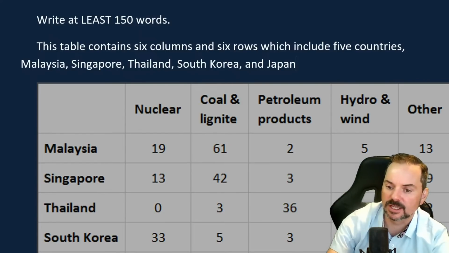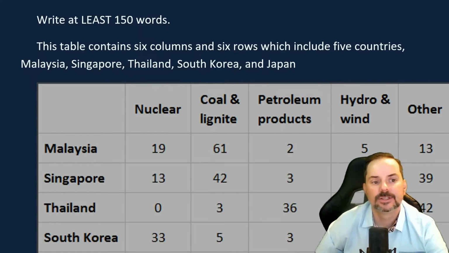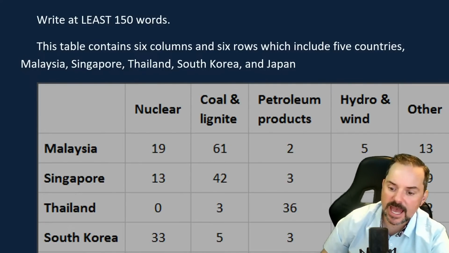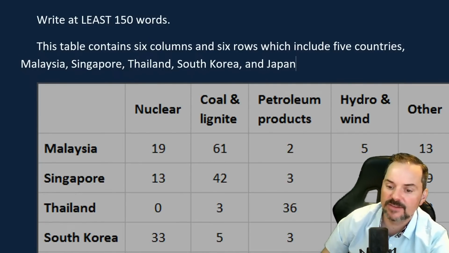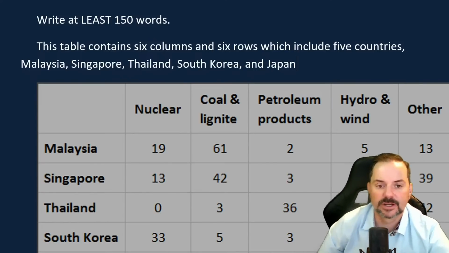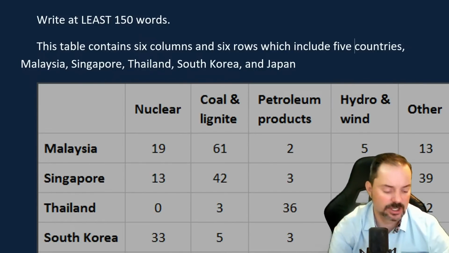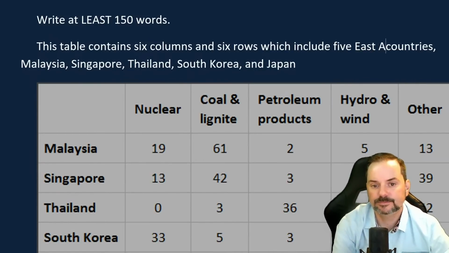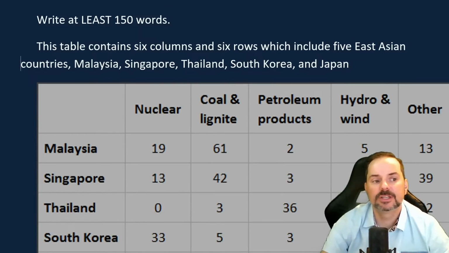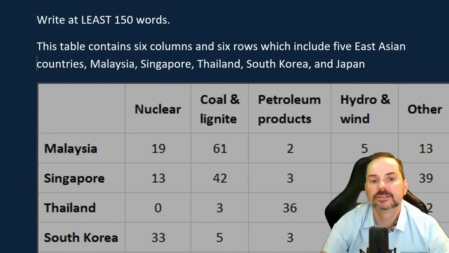Anybody? So what's common about these 5 countries? There is, yeah, very good, Alexi. It's 5 Asian countries, 5 East Asian countries to be even more specific, right? 5 East Asian countries. Very nice. So this table contains 5 East Asian countries: Malaysia, Singapore, Thailand, South Korea, and Japan,